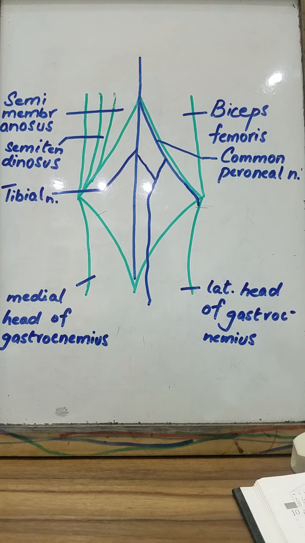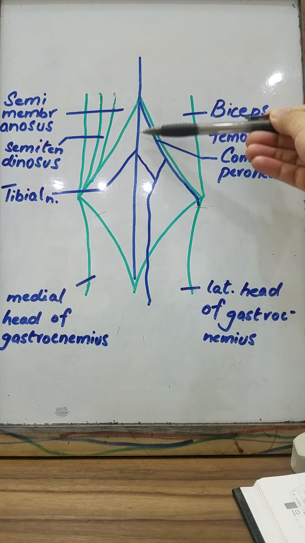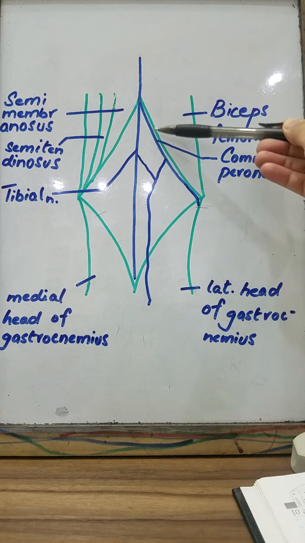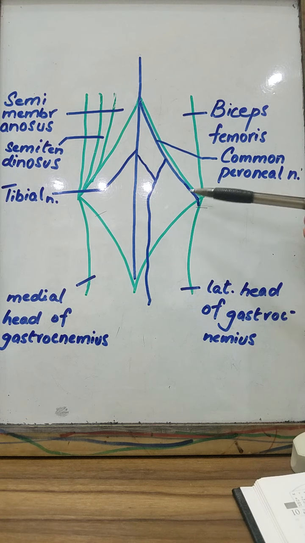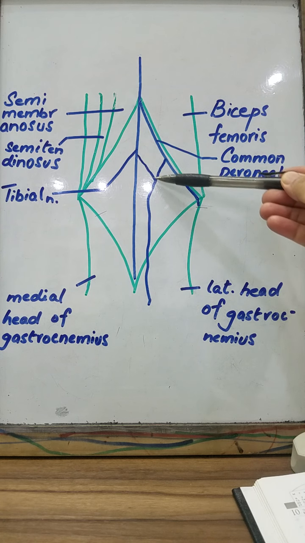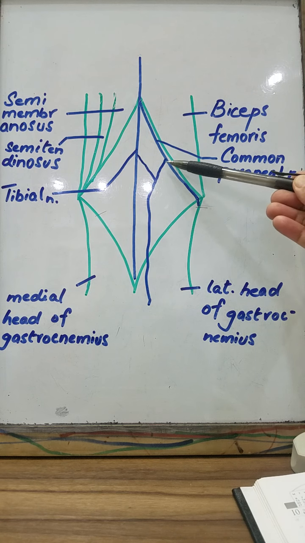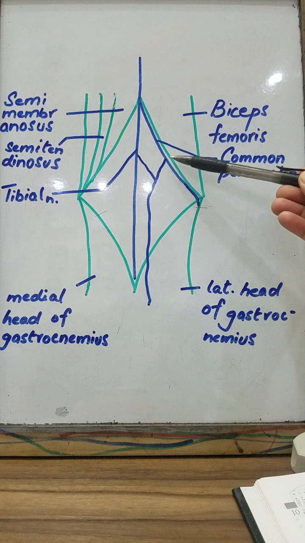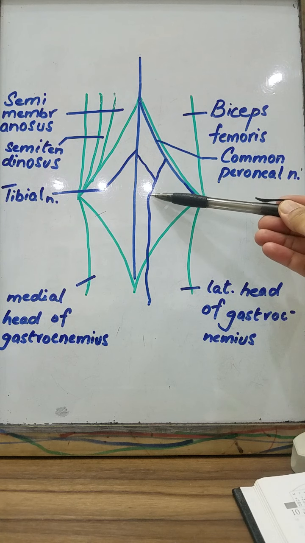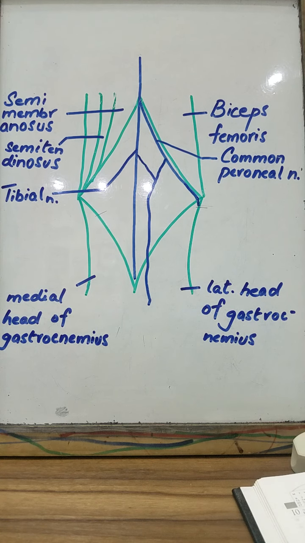Of course, we'll do that in detail later on, but for now, within the popliteal fossa, this is the tibial nerve, and this part here is the common peroneal nerve, right? Now, from the tibial nerve, you have a medial sural branch, and from here you have a lateral branch, and together these two combine and form the sural nerve here. The sural nerve supplies the lateral side of the leg as well as the ankle.